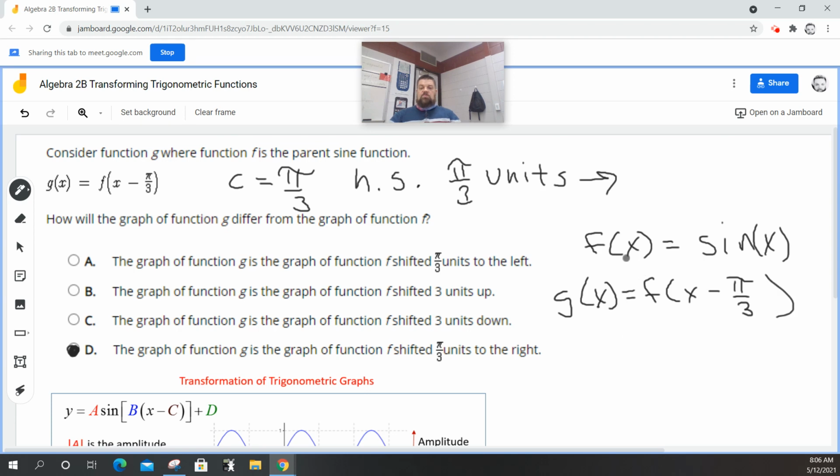So what that means is wherever there's an x, I'm going to now plug in x minus pi over 3. In other words, g of x is equal to sine of x